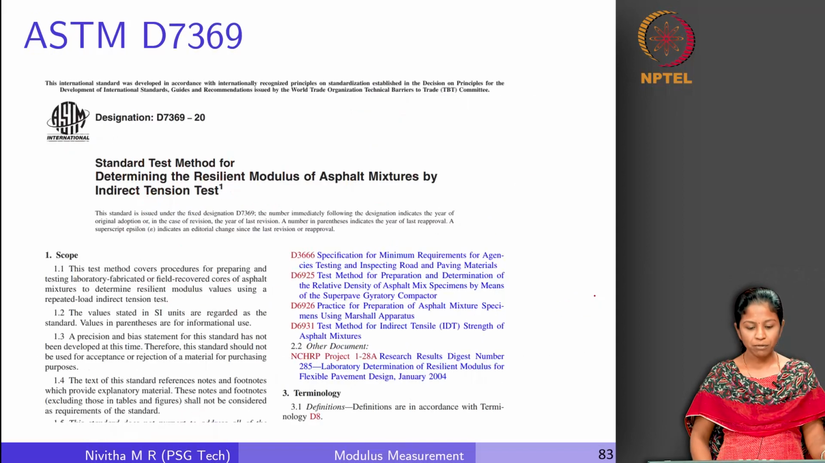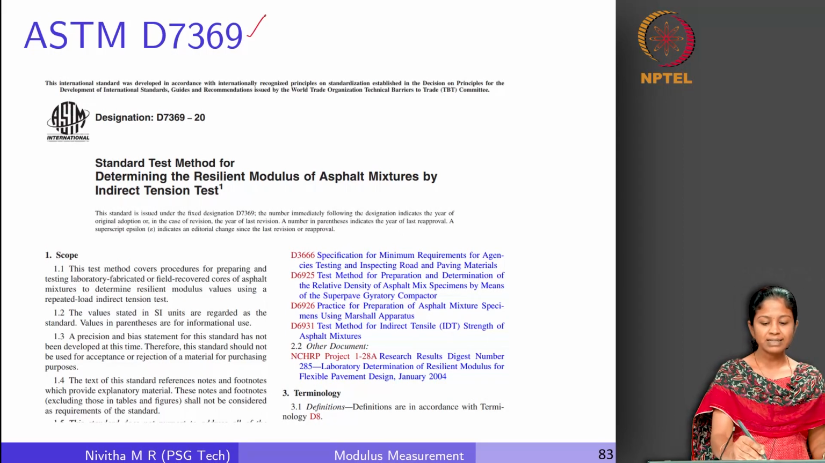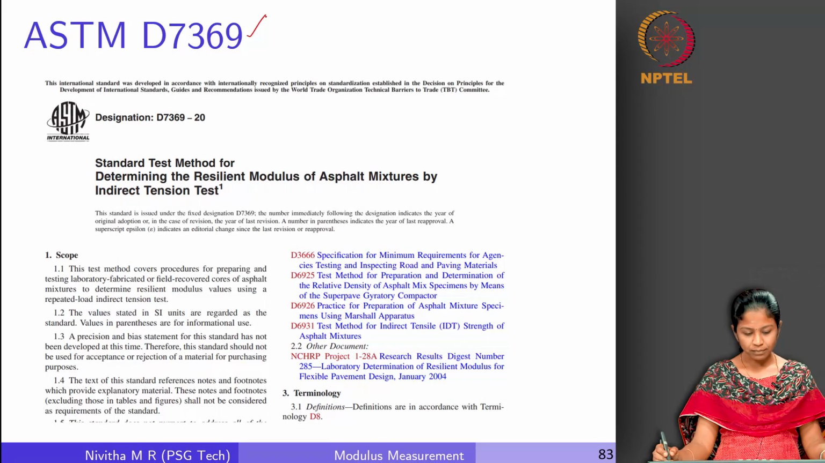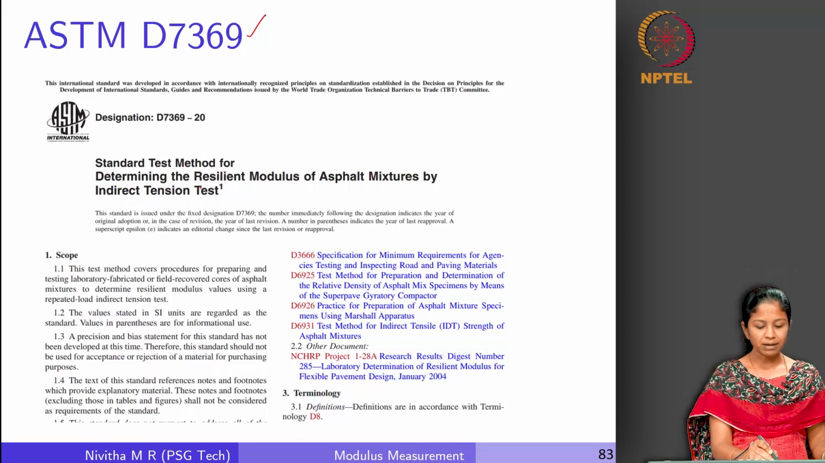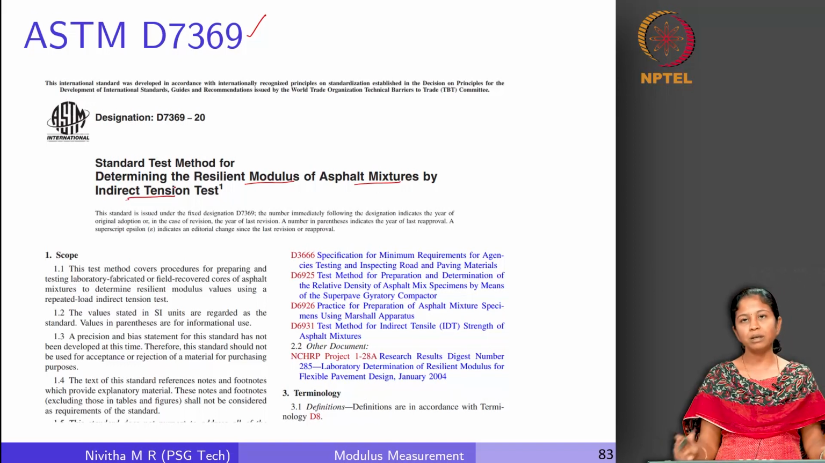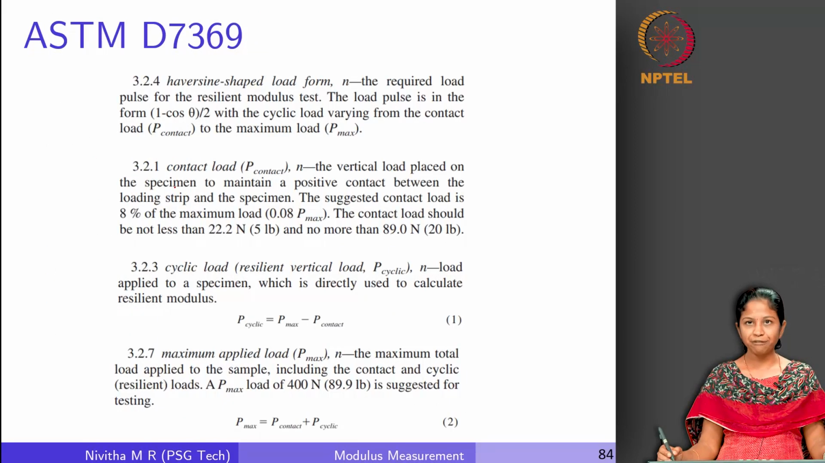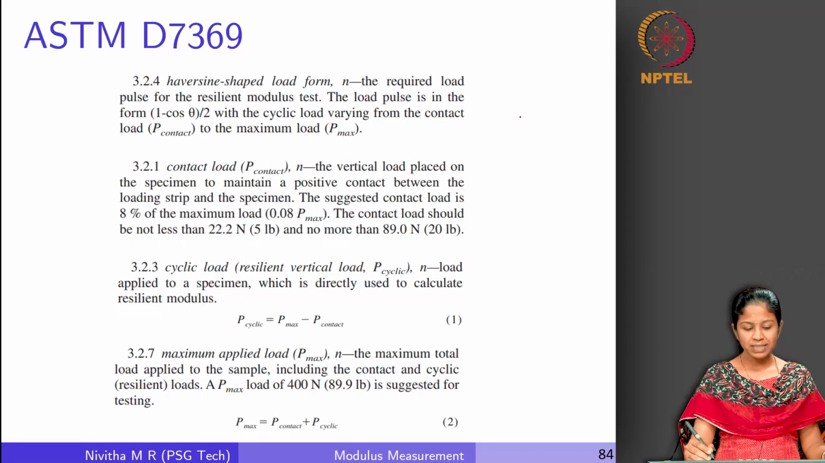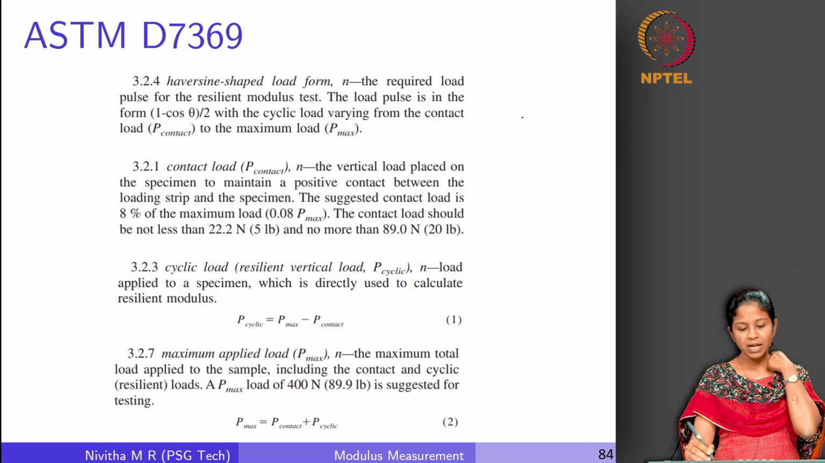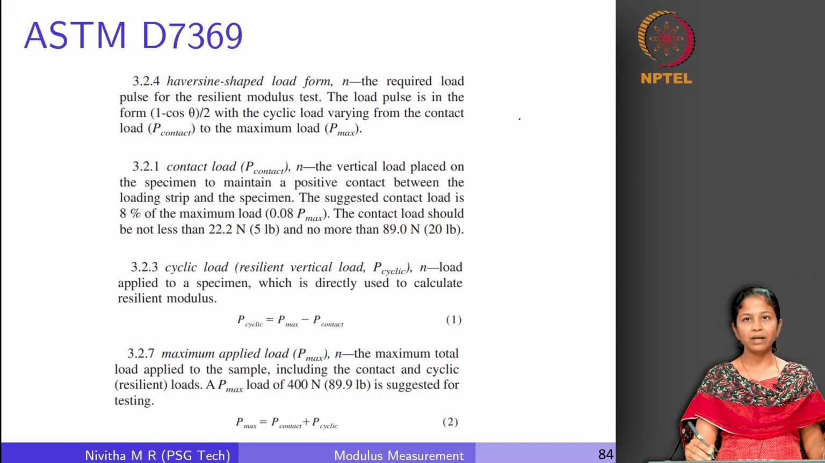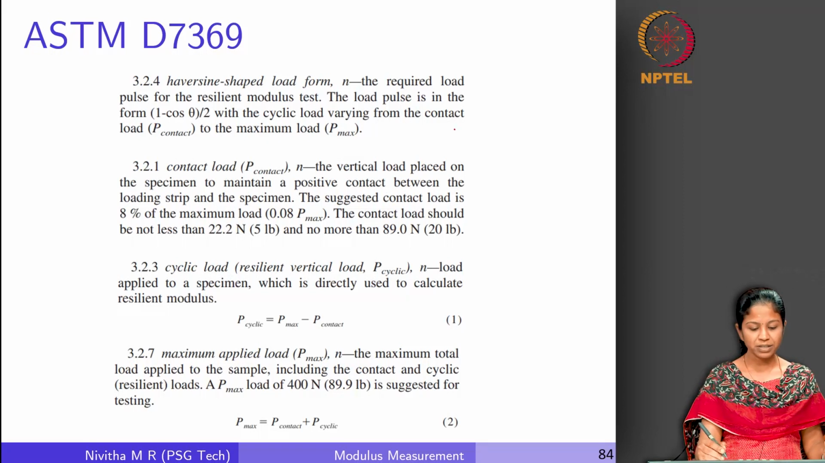Now, we will look into the procedure that is given in ASTM D7369 because this is the standard which is currently available, right. So, this standard test method is used for determining the resilient modulus of asphalt mixtures by an indirect tension test. It is the same procedure, but an updated version with a lot of details and clarity in computation of parameters. So, here they define the load again. Since we have seen all the definitions earlier, I will quickly go through all these denotations which are used in